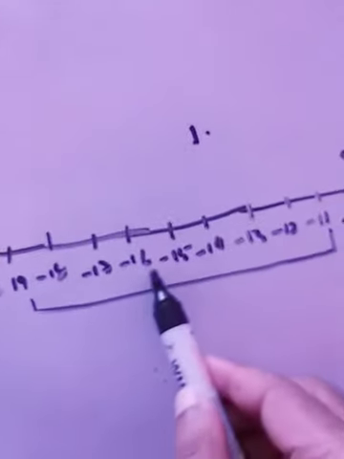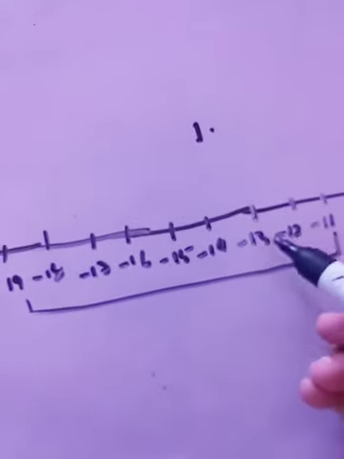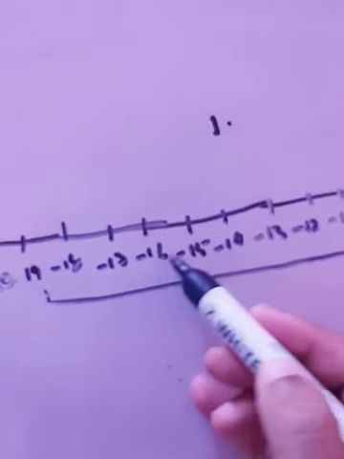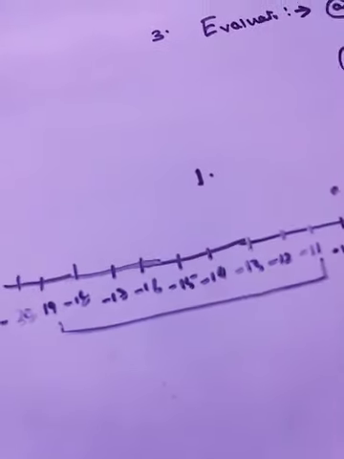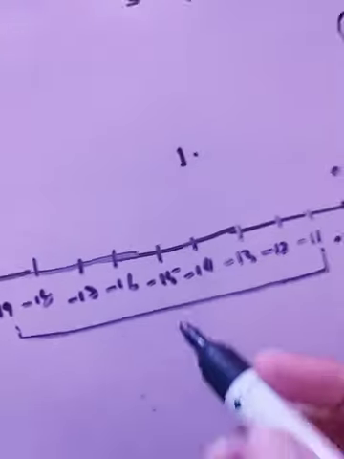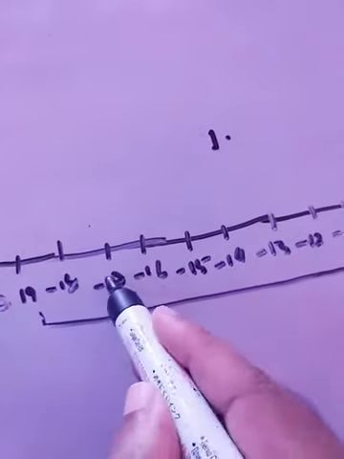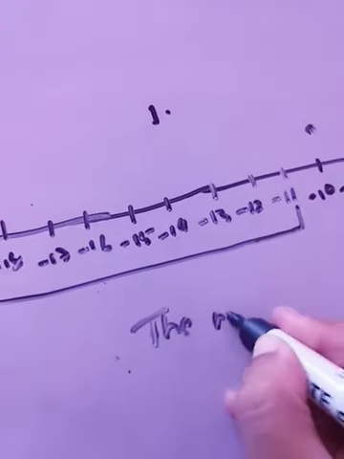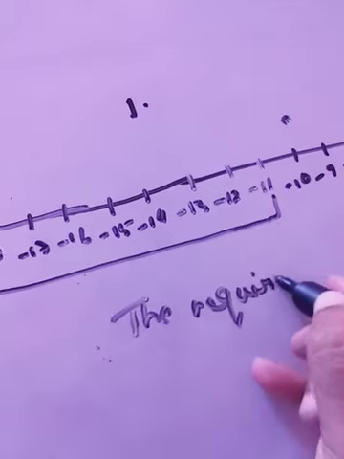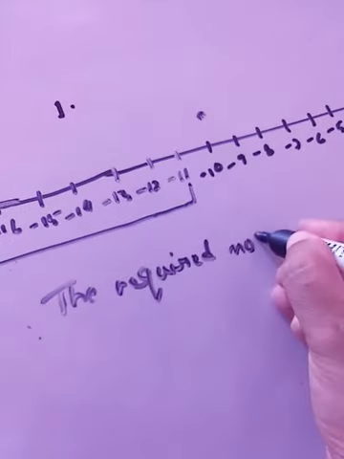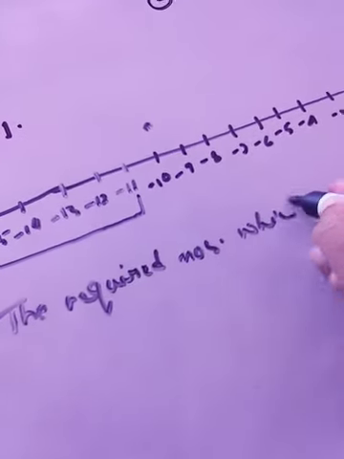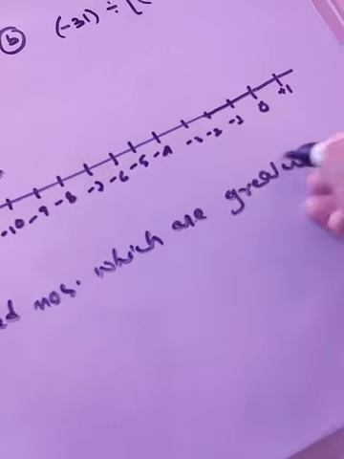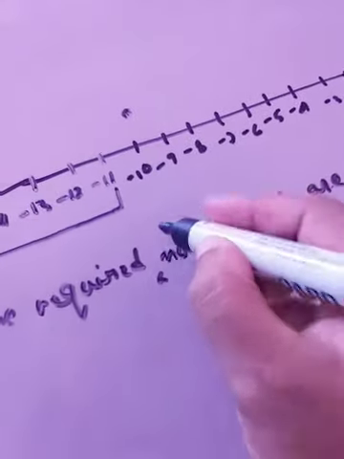There are so many numbers, isn't it? You can write minus 12, minus 13, minus 14, minus 15, minus 16 also, or minus 19, minus 18, minus 17, minus 16, any number. Understood? So I will select these 5 numbers, 1, 2, 3, 4, 5. So the required numbers, to be more specific, the required 5 numbers,